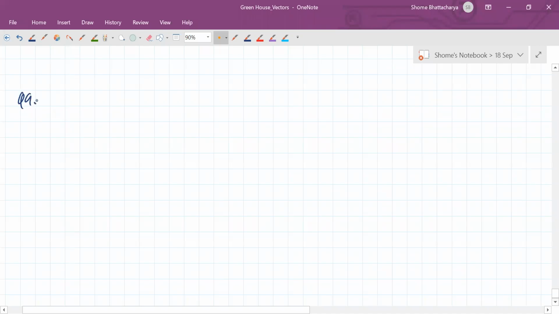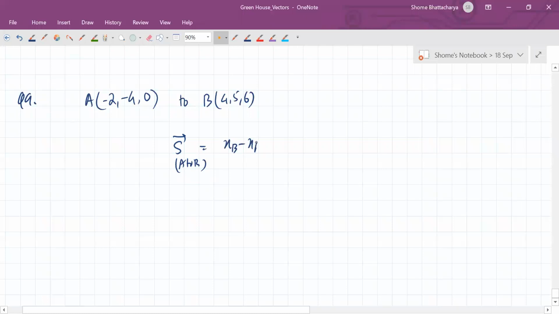Okay, so what is happening in the ninth? Particle is, so ninth is again that type of problem, beta. Particle is going from this point A, which is -2 comma -4 comma 0, to the point B, which is 4 5 6. Okay, so the displacement from A to B will just become like this. It will be x coordinate of B minus x coordinate of A plus y coordinate of B minus y coordinate of A plus,